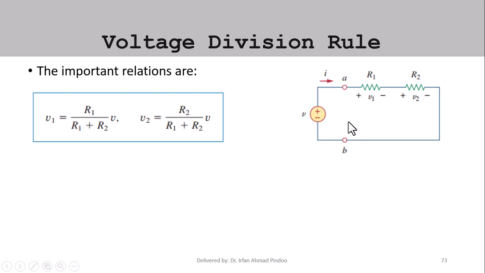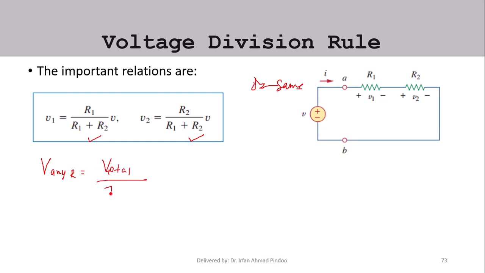As I have told you in the previous class also, if we are having resistors in series, in that case the current is going to remain same. So the value of I will be same, but the voltage will be different. I will remain same and voltage will vary as per the formulas that are provided here. This formula simply tells that if we want to find voltage across any resistor, that is equal to simply total voltage